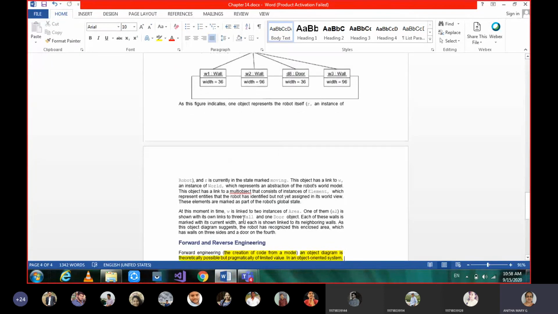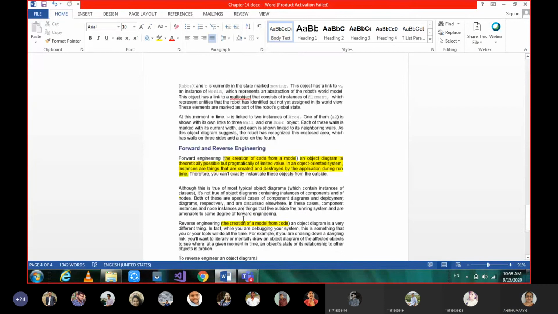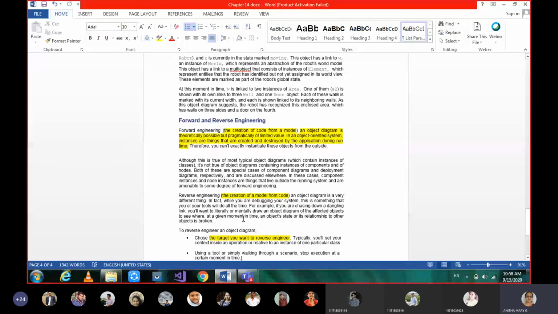So then moving on to the next one, the third part of this chapter is about forward and reverse engineering. Many times I was telling you about this; it is a concept which is important in modeling papers. UML is important for this forward and reverse engineering only. If you remember, I was telling you about this in the introduction of this subject itself, before we started the things.